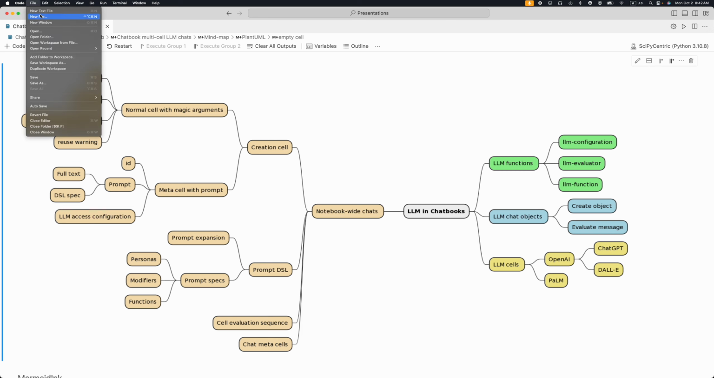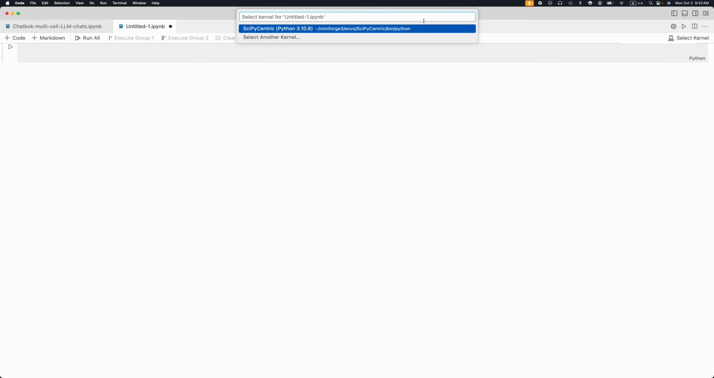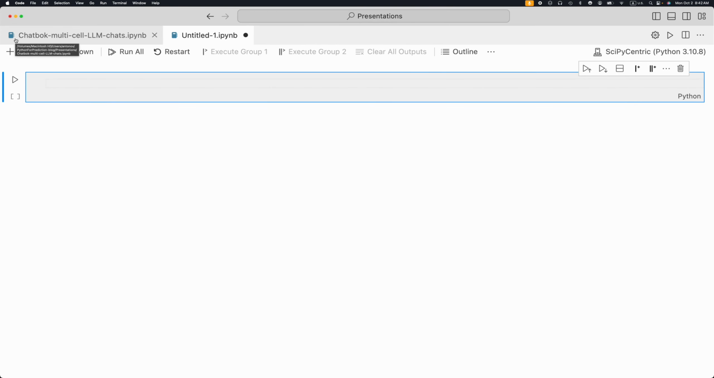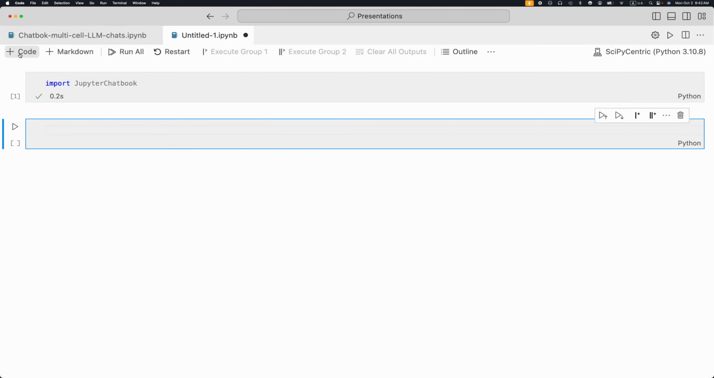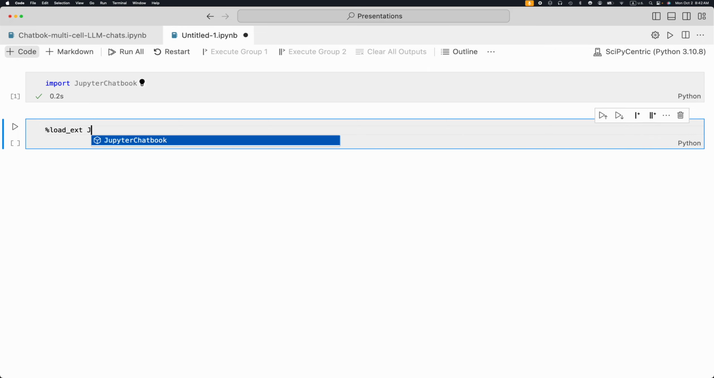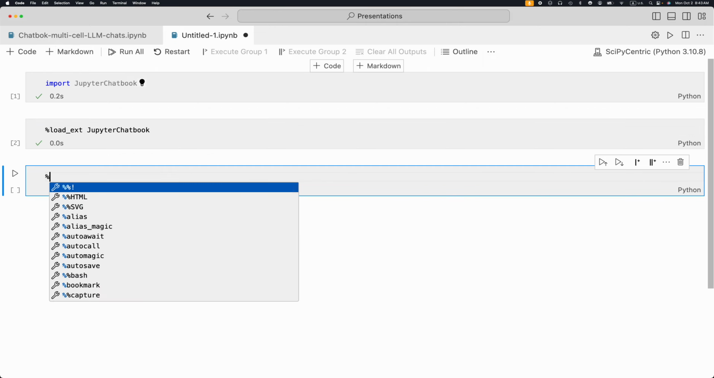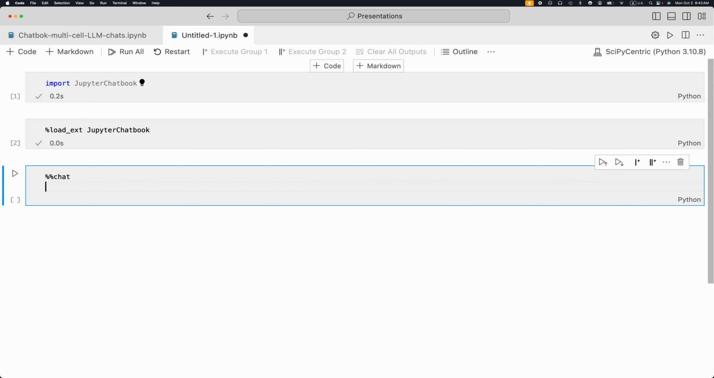All right, so I'm going to create a new Jupyter notebook here, and I'm going to select the correct kernel. Let me trash this cell, create a new code cell, zoom. And first we're going to import the Jupyter Chatbook package. Then I'm going to use line magic for loading the extension, the magic which is provided by this package. And so here I'm going to specify a chat cell, anonymous chat cell, and I'm going to address